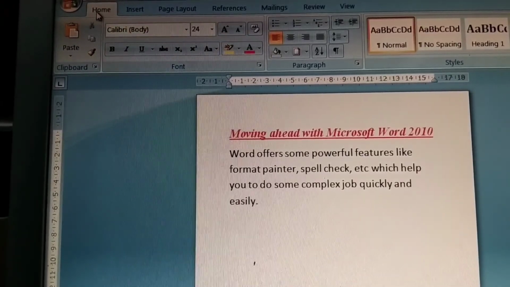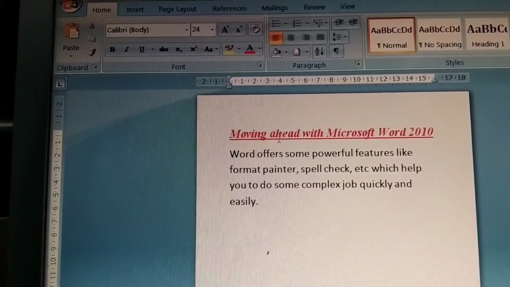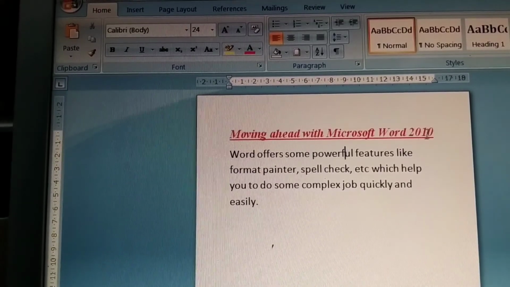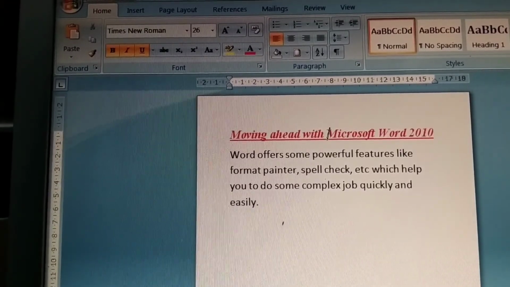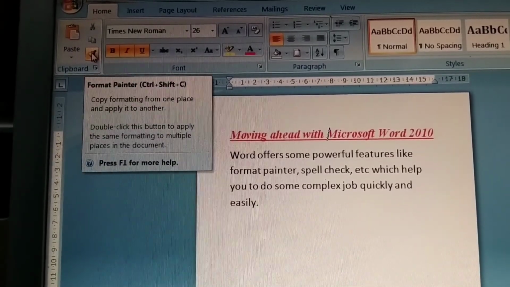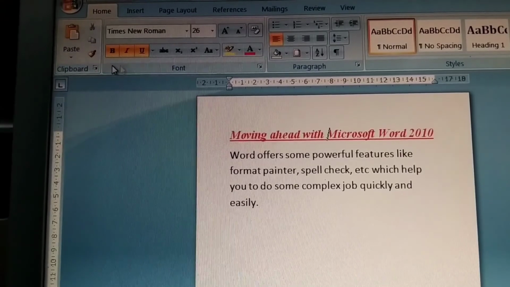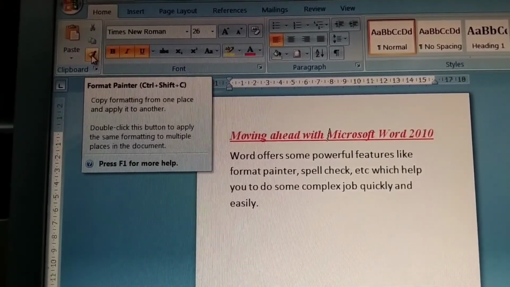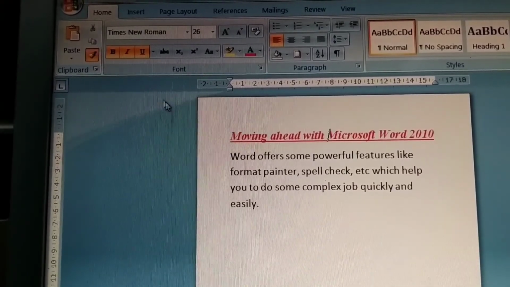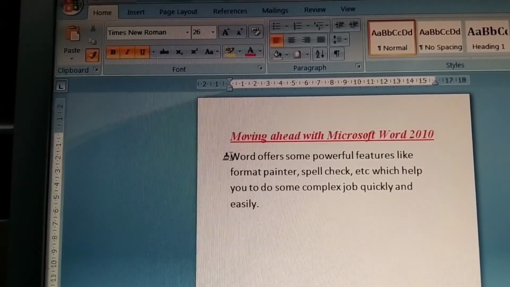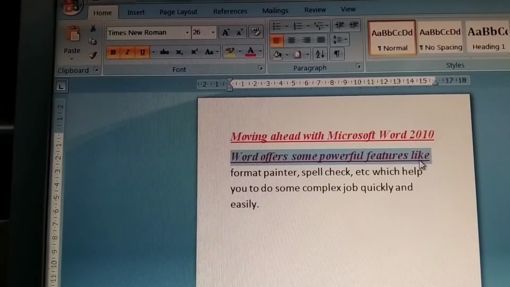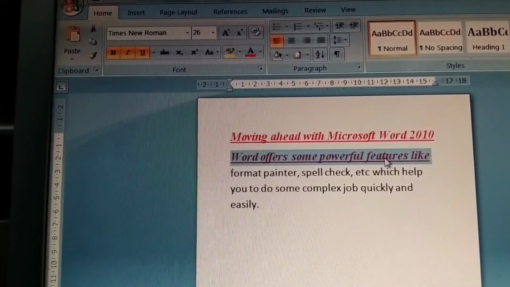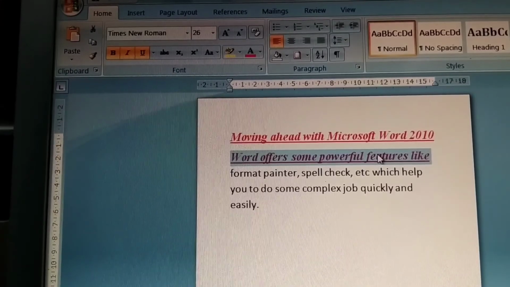options. With a single click we can give the same formatting to the next line. We only have to click on the text whose formatting we want, then select the Format Painter option. In the Home tab, Clipboard group, there is a brush symbol, and that option's name is Format Painter. Click on that, and for whichever line we want to give it, select this line. See, the same formatting will apply to the next line. In this way we can use the Format Painter option.